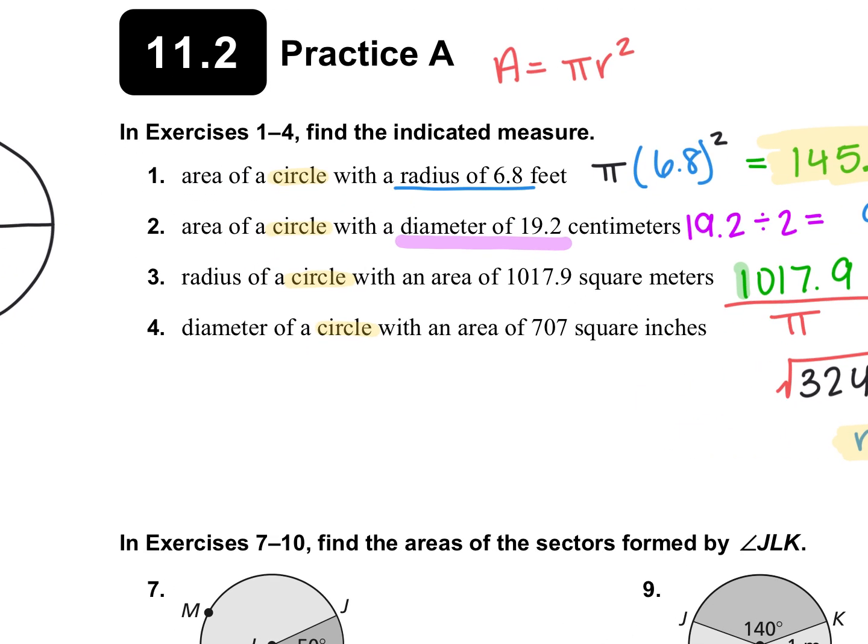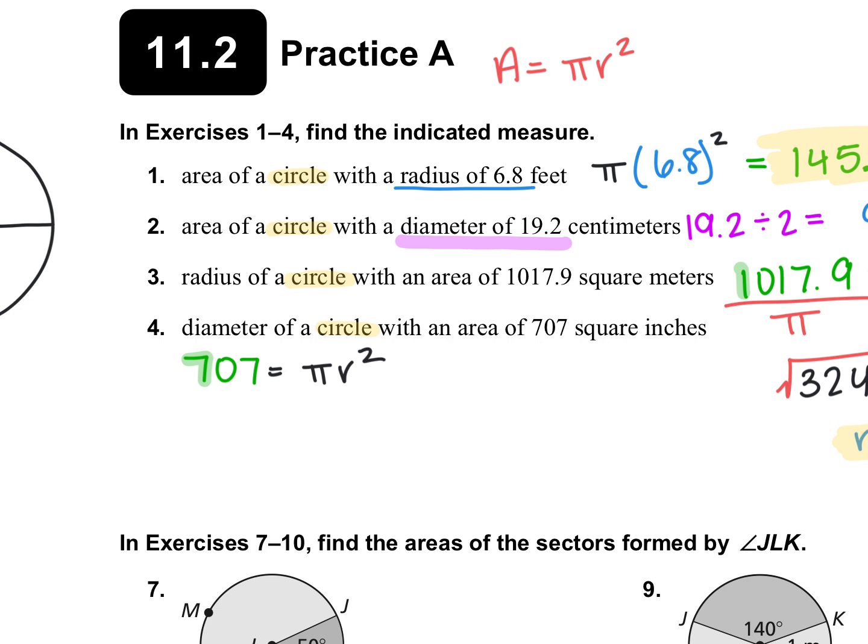And then number 4, we're still doing the same steps, except we're not finding our radius, we're finding our diameter. So what would I have to do at the end? Divide by 2. Not divide by 2. Remember, radius is halfway, diameter is all the way across. Good, so I'd have to either add it twice or multiply it by 2. So same process. So same thing as we did before, they're giving me my area, which is 707 equals pi